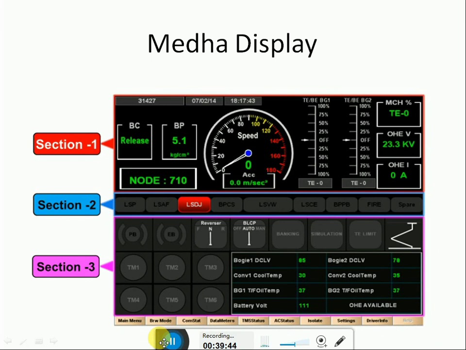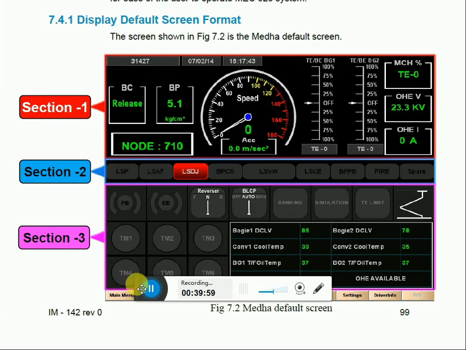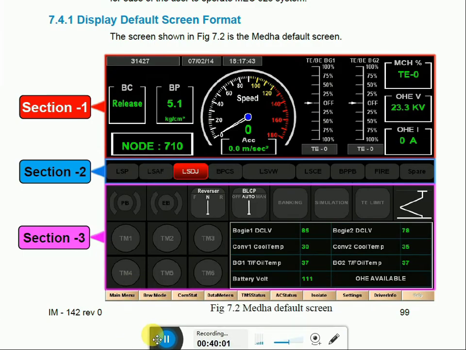So we can see here MEDHA make. Medha display in it. Here you can see Medha screen having three sections.